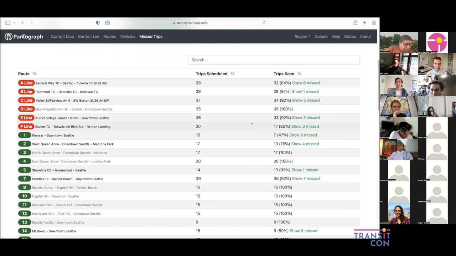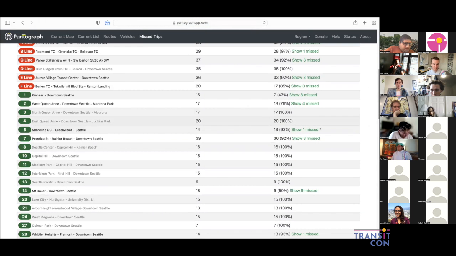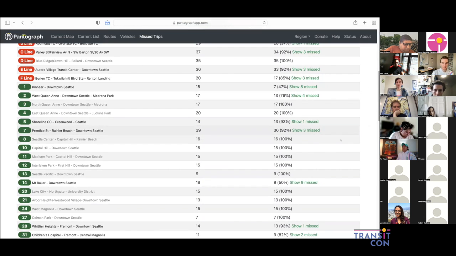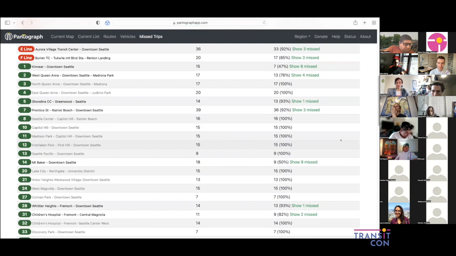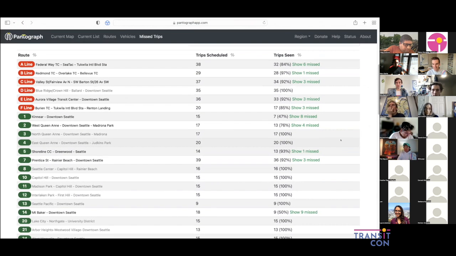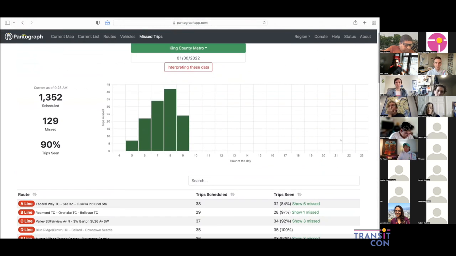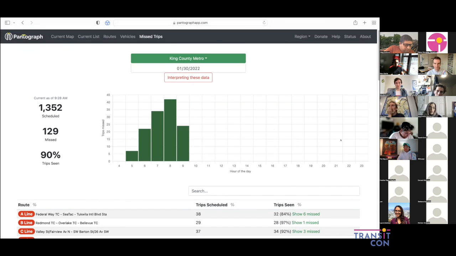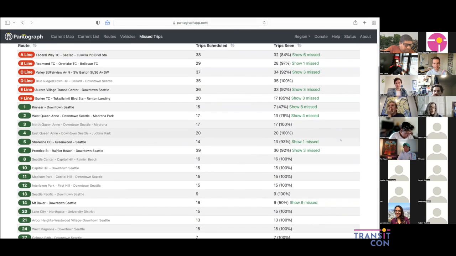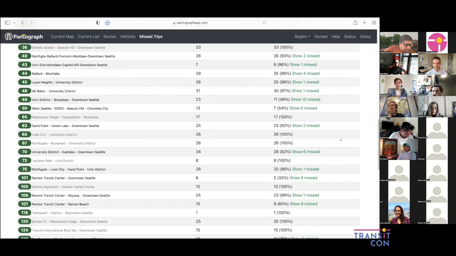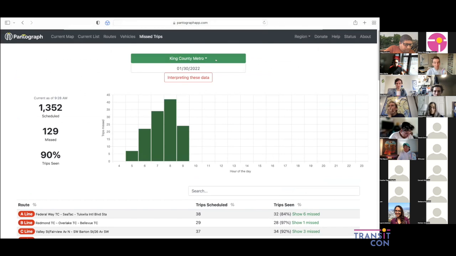Most of what you're seeing here for King County Metro represents pre-planned canceled trips that they're not running right now due to the nationwide operator shortage. But because their schedule feed still declares those trips as running, they're going to show up as missed because they did not appear in the real-time feed. Different agencies do different levels of precision here, but it's important to keep in mind that this is an approximation, but it's also very interesting information to look at, especially comparing the day-to-day.